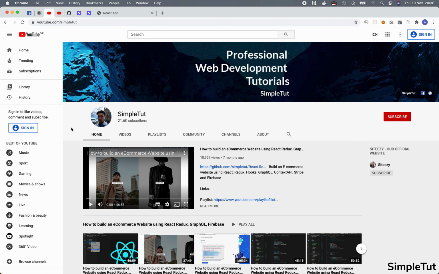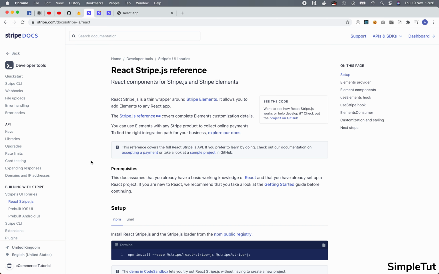But before we can do that, we do need to install a few more dependencies into our project, both for our Firebase Functions and for our main application. The first thing that we need to do is install the dependencies we're going to be using in this tutorial. Now, the first one is going to be React Stripe.js. Now, this is the official documentation for this library. I'll be posting a link to this in the description of this video, but you can also just search Google